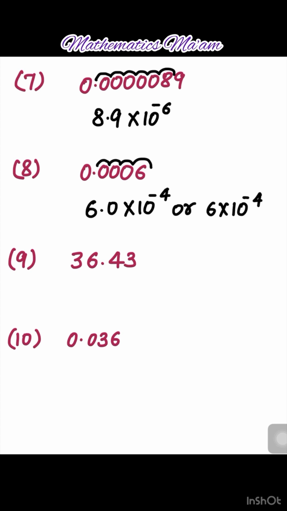Now, let's see the ninth one. I think you'll be able to solve it by yourself, so just do it quickly. You just have to put the decimal before a digit, so it would be 3.643. Because you moved one digit only, 10 to the power 1, and see the direction, it is right to left, so it would be positive power. Right? So just try out the 10th one